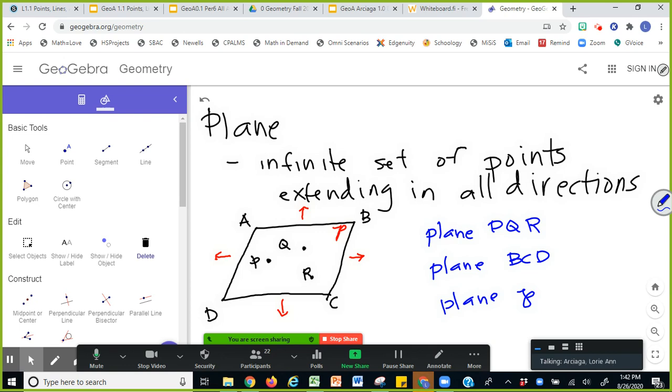Now, which reminds me, sorry, when you are naming a line, sometimes there's also a small letter written in script placed on top of the arrowhead. So in that case, you can also name it line M. I think they came up with that because when you're typing, some of us can put the symbol like the double-headed arrow on top, but some can't. So you can just type line and then use a small letter that's written above the arrowhead. All right, so that's what a plane is.